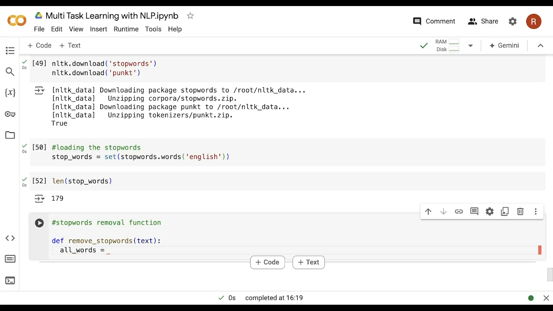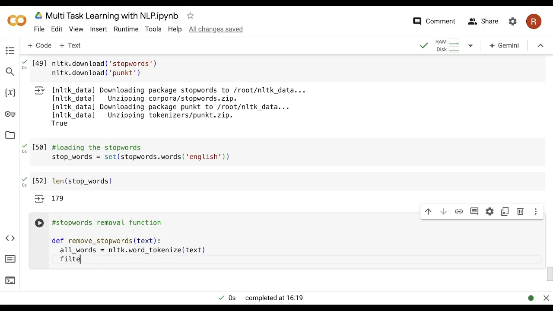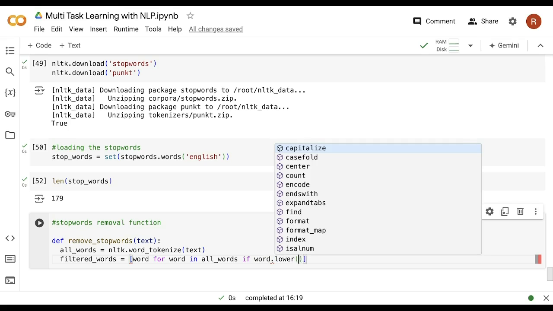So here we will say nltk dot word underscore tokenize, and in this we will pass the text. After that, we will say filtered words, which will be the words without stopwords, and here we will say word for word in all words if word dot lower not in